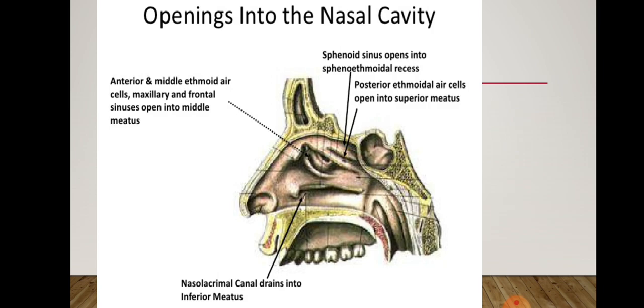Middle ethmoidal air cells drain into the bulla ethmoidalis, and the maxillary air sinus opens into the middle meatus just below the bulla ethmoidalis, whereas the sphenoidal air sinus opens into the sphenoethmoidal recess. The posterior ethmoidal air cells open into the superior meatus. So these are the openings, or drainage, of the paranasal air sinuses into the lateral wall of the nasal